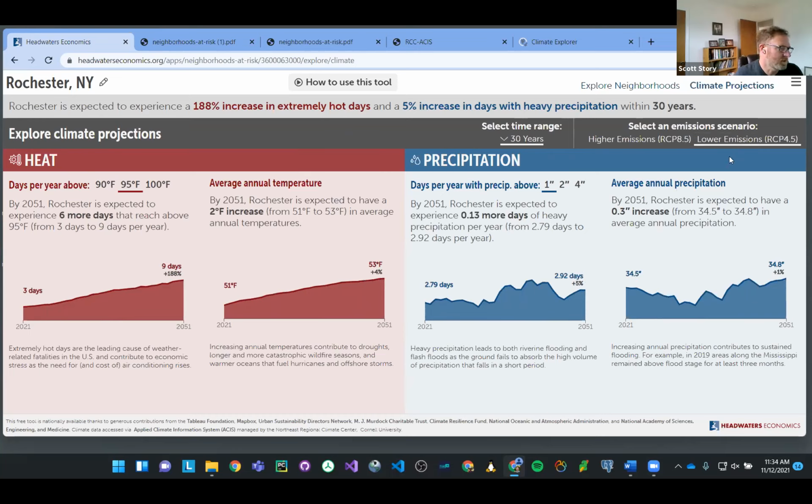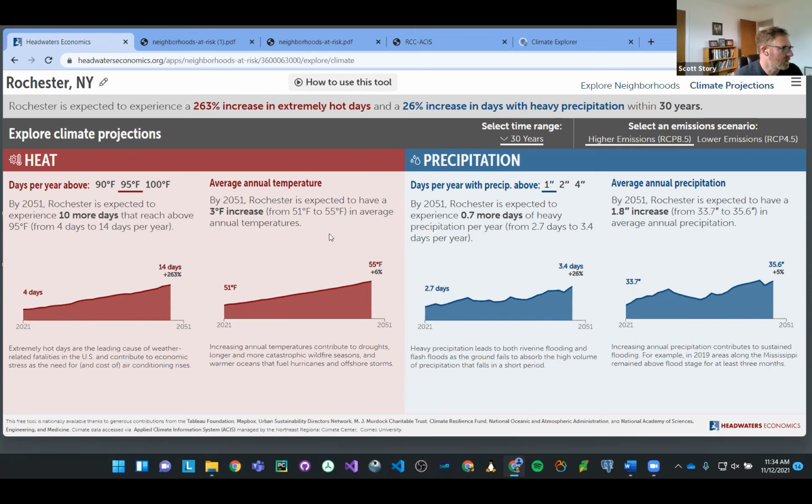And so if you want to see the result, these are two of the most commonly talked about emission scenarios. If you want to change to this lower emission scenario, you can, and the graphs will be updated. Let's go back to the high emission scenario. You can also change in the two